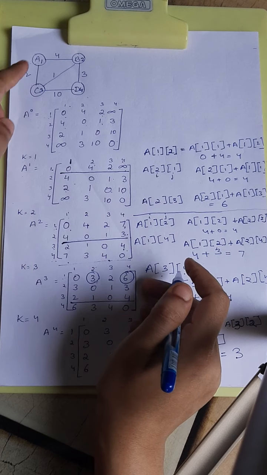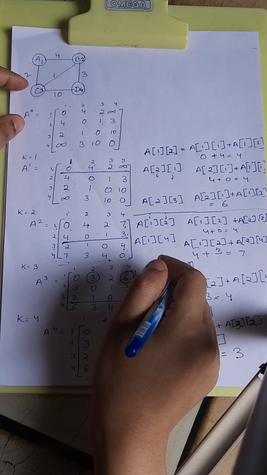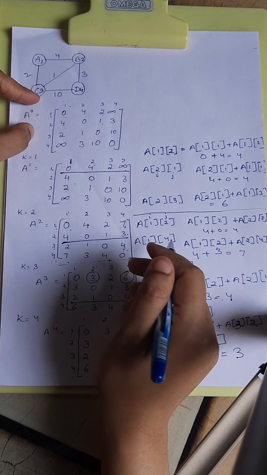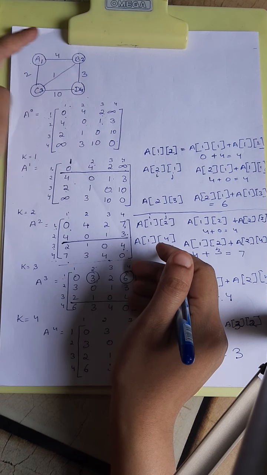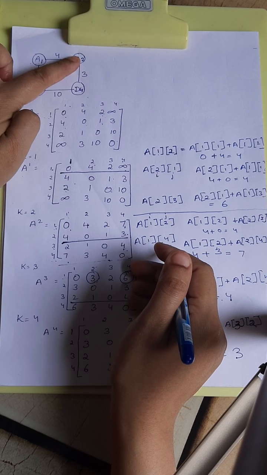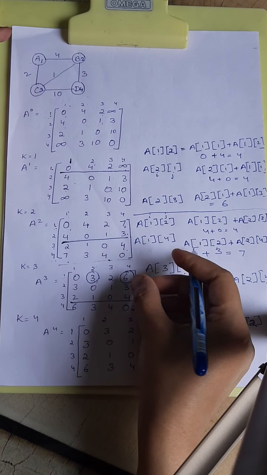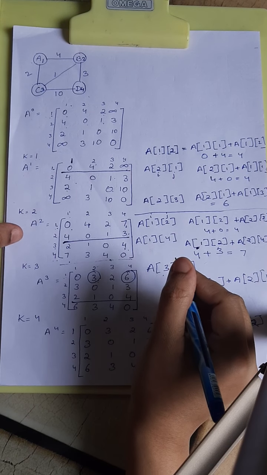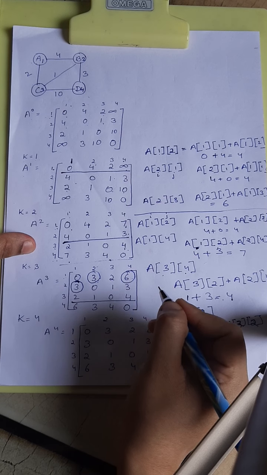So from 1 to 4, if you are checking, see the graph. If 1 to 4 you are checking, and we are checking via 3, so what will happen? We are considering this route: 2 plus 1 plus 3. So 1 to 3, 3 to 2 and then 2 to 4. So this route we can follow if we want to reach from 1 to 4. So that will give the less cost, which is 6, lesser than the previous one. Here also you will get the less value via 3.